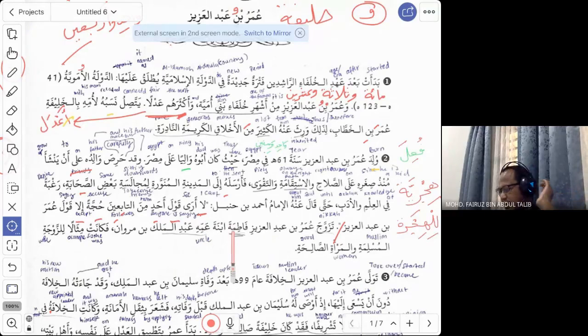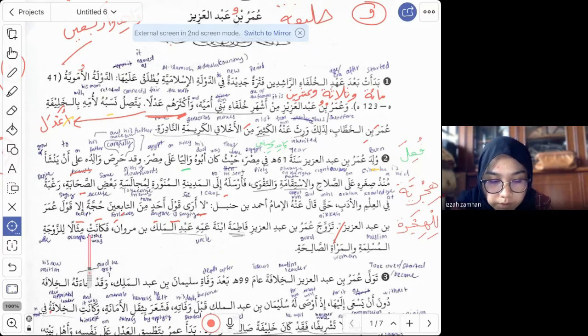So in Arabic, they don't have one word to say cousin. For cousin, they will combine two words. First is son, either the son or the daughter, and then the daughter of whom? His uncle, whether it is his uncle or his auntie, whether from the father's side or from the mother's side. Altogether, they have about 8 words just to say cousin, because they want to differentiate between male, female, uncle, auntie, and from which side. So this is one of the words for cousin, ibnat ammihi. Naam. Okay, continue. Fakanat.